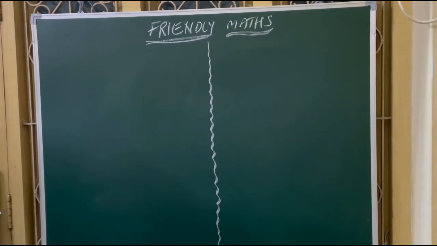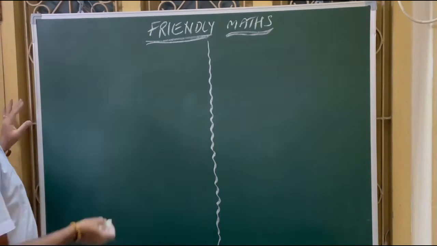There are two places A and B, 100 kilometers apart on a highway. One car is starting from A and another car is starting from B at the same time. If the cars travel in the same direction at different speeds, they will meet in 5 hours. If they travel towards each other, they meet in 1 hour. What are the speeds of the two cars? Here you observe, this is a very important problem.